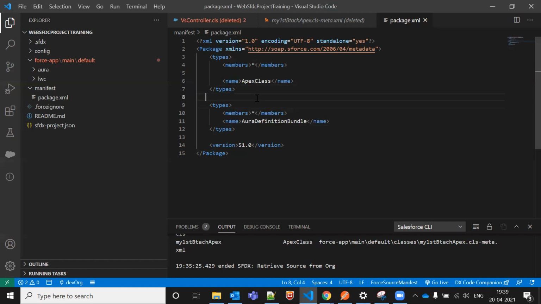And it's mostly a client-side controller we are using, though we also use a server-side controller. In a Visualforce page, we use only a server-side controller, not a client-side controller. So here we have two classes: one is a JavaScript class, the second is an Apex class. In the Visualforce page, we have only the Apex class, which we call directly. We can say there is one-to-one communication there, but here there is not one-to-one communication.